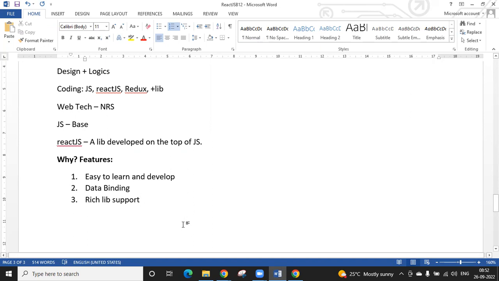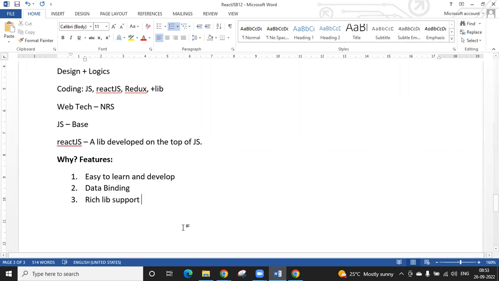For example, you have one requirement. If I am able to support in one place only, and another person is going to support you in multiple places, who will choose which product? Whoever supports multiple places, people will definitely take that one. Rich library support, any type of library it will support.